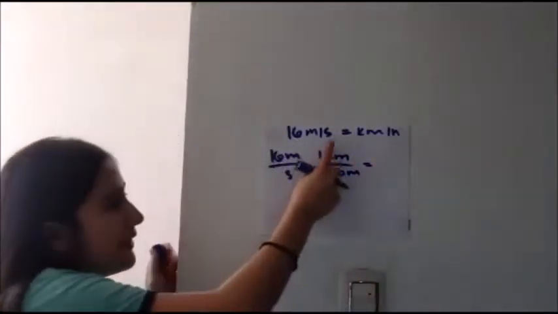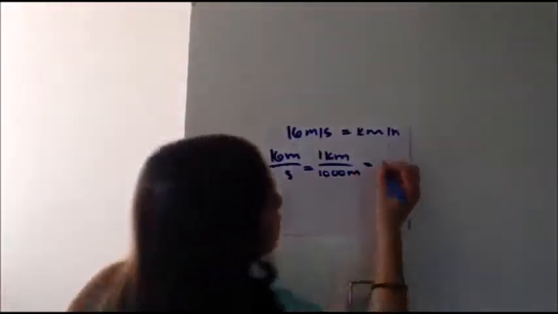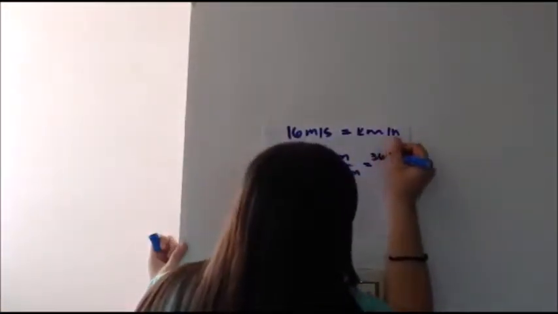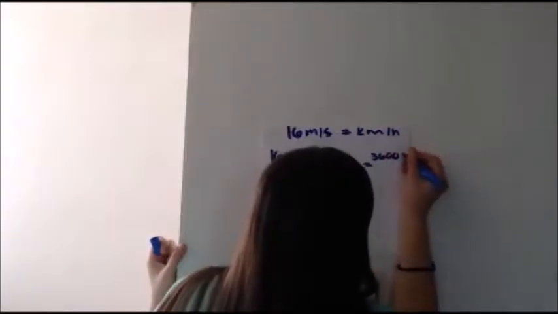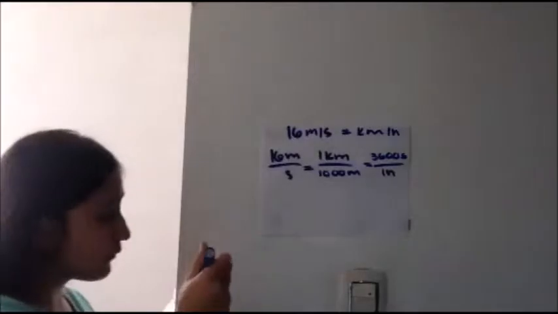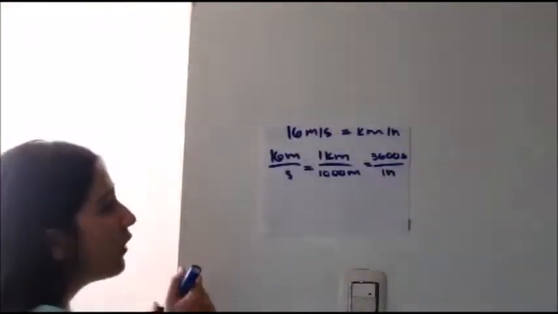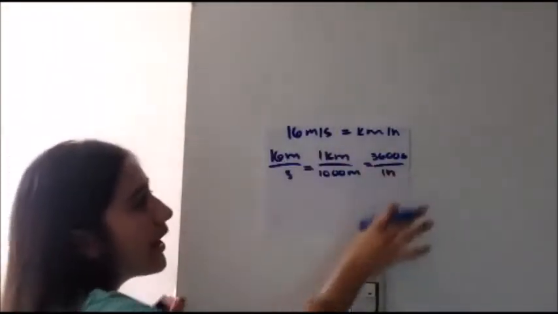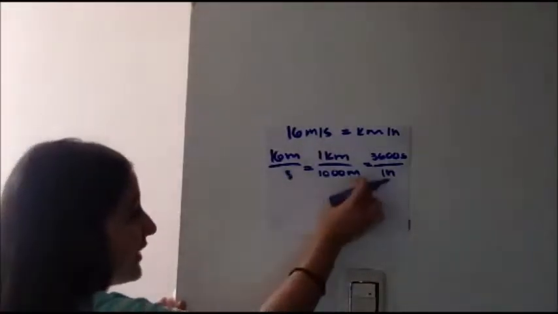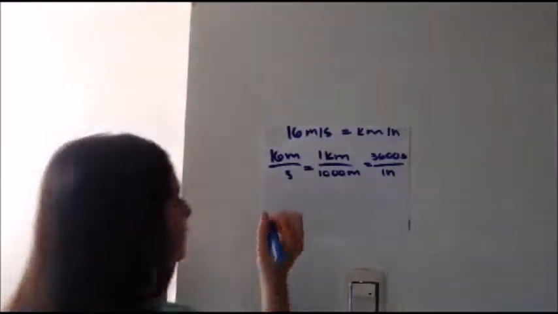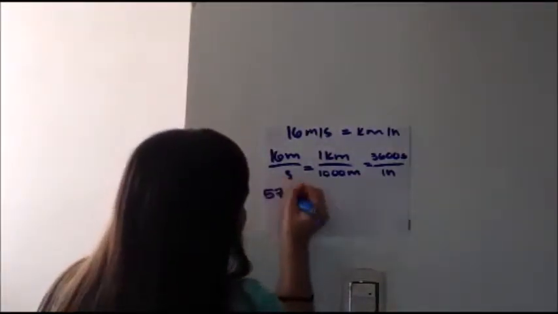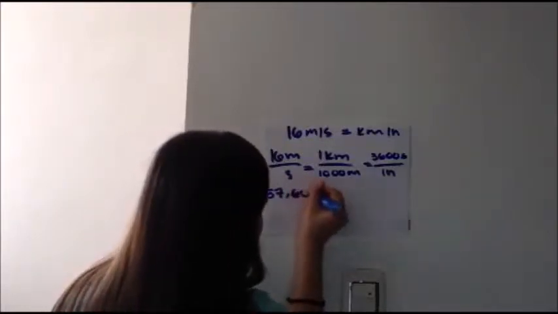Then we're going to pass seconds to hours. So 3,600 seconds over 1 hour. Then we are going to multiply all this and divide it, and we're going to have as a result 57,600